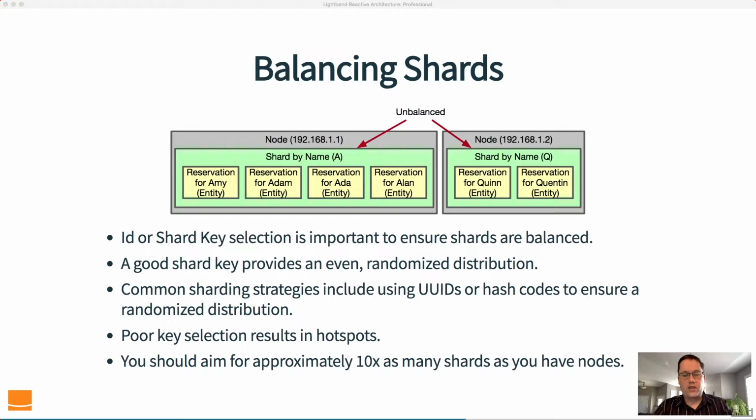Now, a very important thing here is it's critical that we choose an appropriate shard key and an appropriate algorithm for computing the shard key. If we choose that poorly, then what we get is unbalanced shards. And so we can see in our example here, we've chosen the first name of the person that the reservation